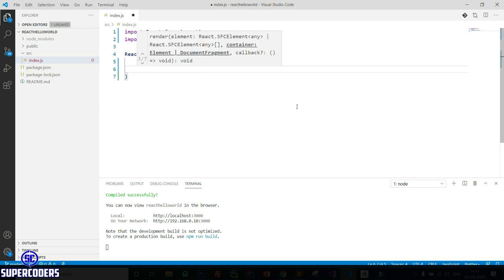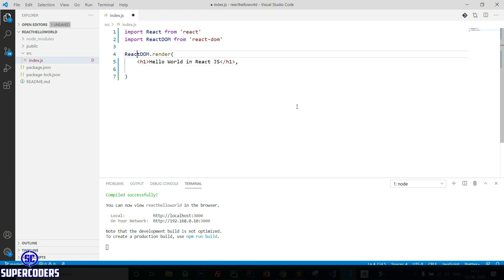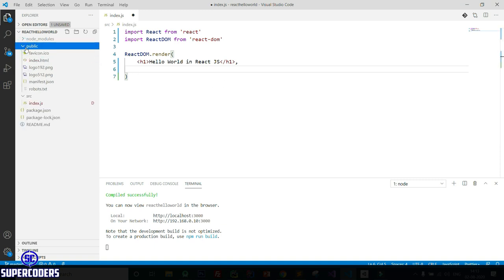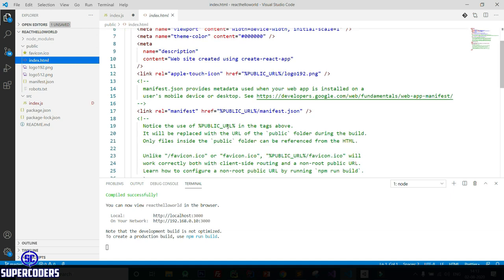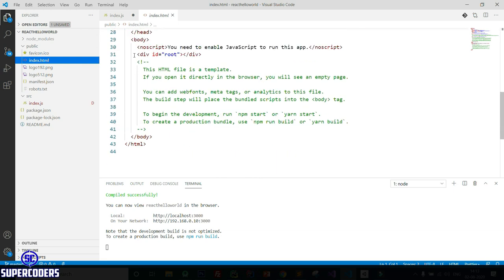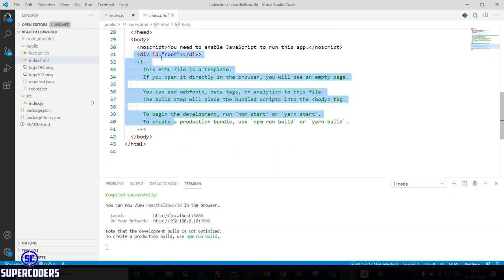So adding second parameter, here you can see render is a method, and in first I am passing HTML content, and in second I am passing my parent container ID. So if I open this file public, here you can see my parent is this div.